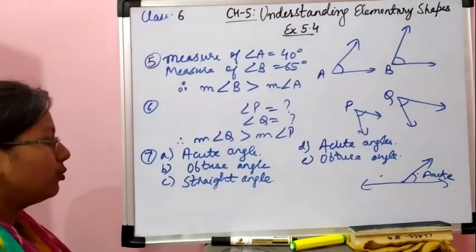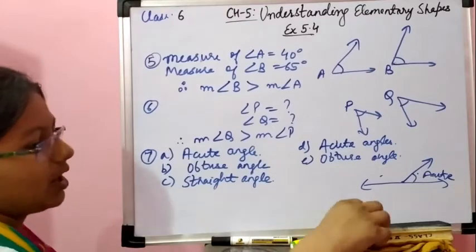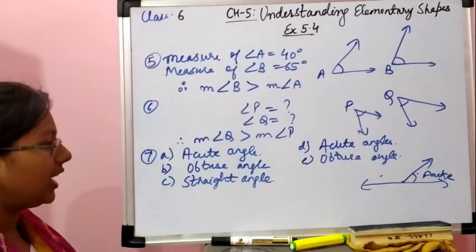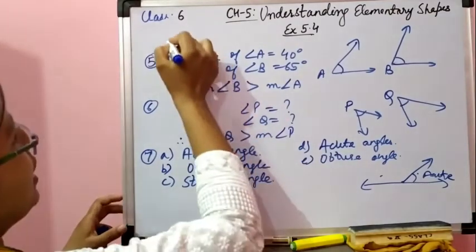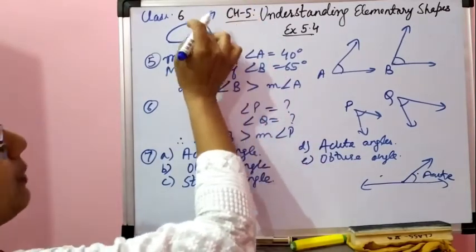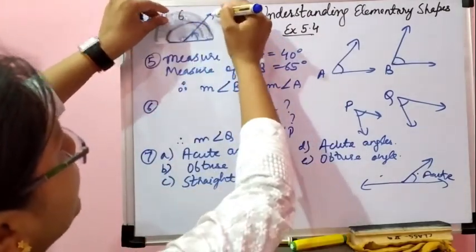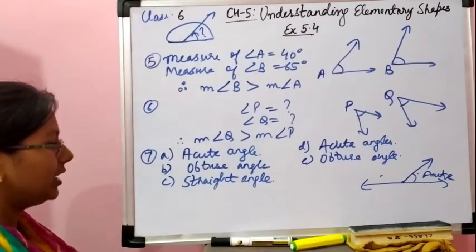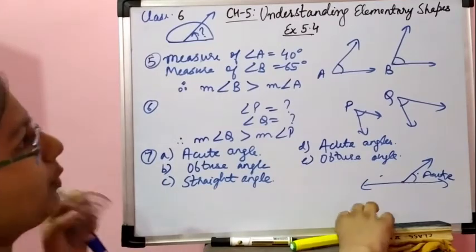Okay, now moving to our next question, question number 8. In question number 8, you will do it by yourself. What you have to do is find the measure of the angle shown in each figure. In all the figures, a diagram of this type is made. One protector is given and an angle is made. So you have to measure only this part. We will put the protector in this way and then measure the value of this angle. So there are 4 parts in total. Let me tell you the answer of the 4 parts.